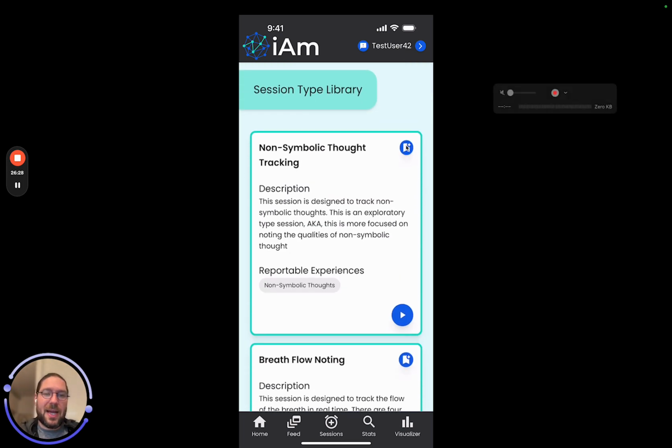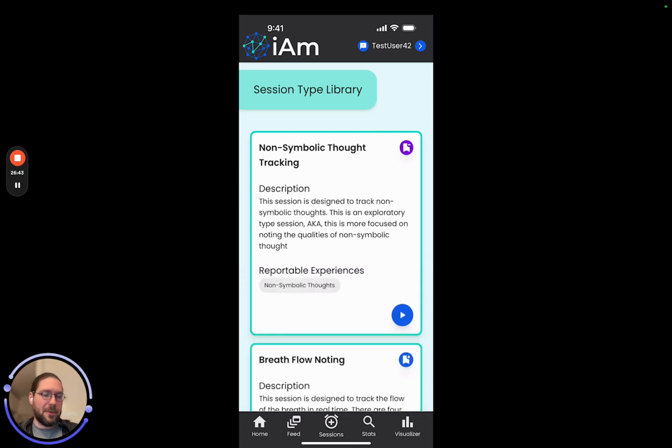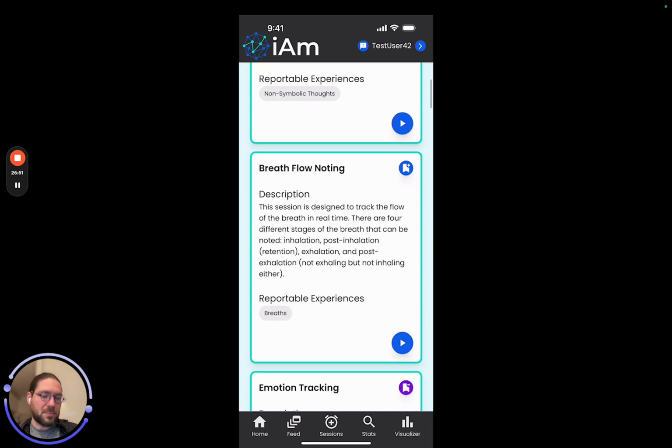Now, there is a little icon right here, which is a little bookmark. If you click this big bookmark, like I did right there, we can then go to the dropdown and we'll see that that bookmark has actually now been added to our session dropdown menu. This just makes it a little bit easier if there are certain sessions you really like to be able to access them quickly. Okay,